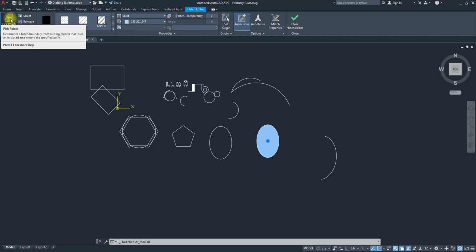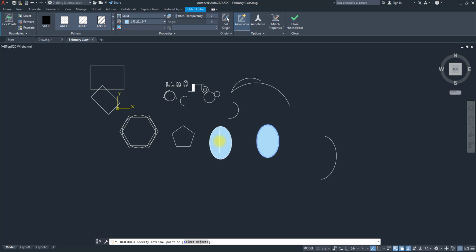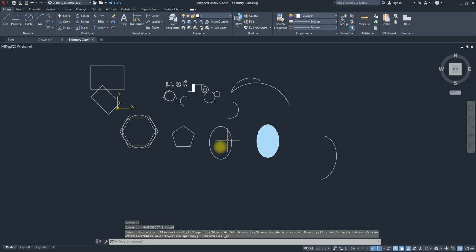Objects at the same time. You can't. If you want the second object to have a different color, that means you have to add to one, finish it, go and add to that other object. All right. So if I say pick points, I can add to that point. And once I add to that point and I close,